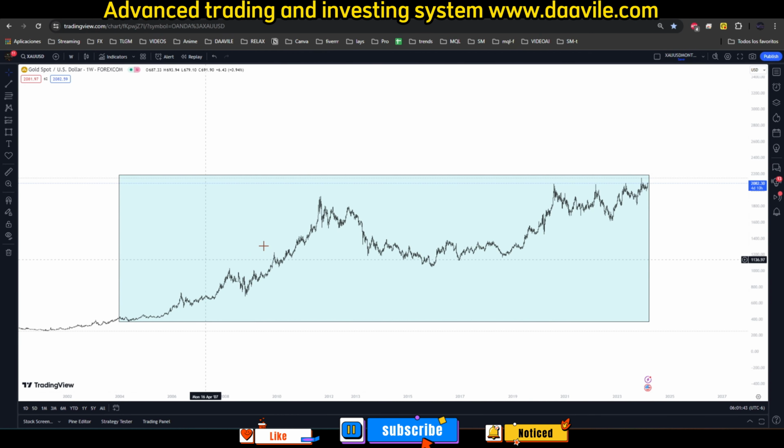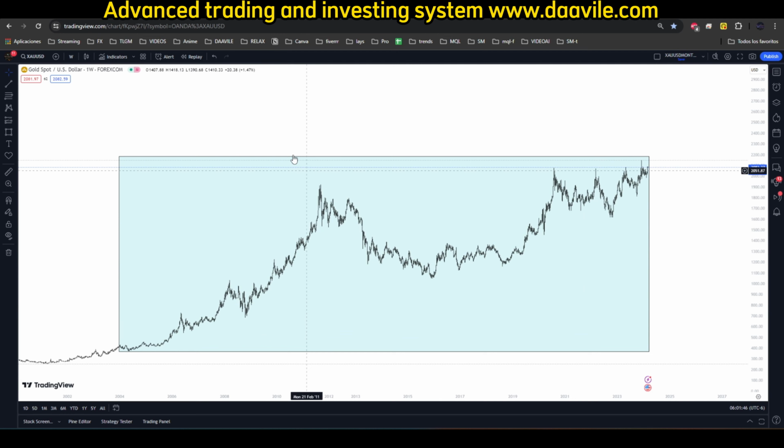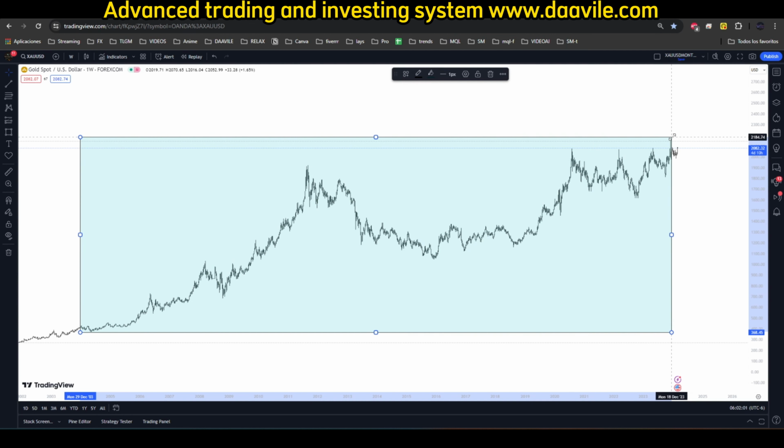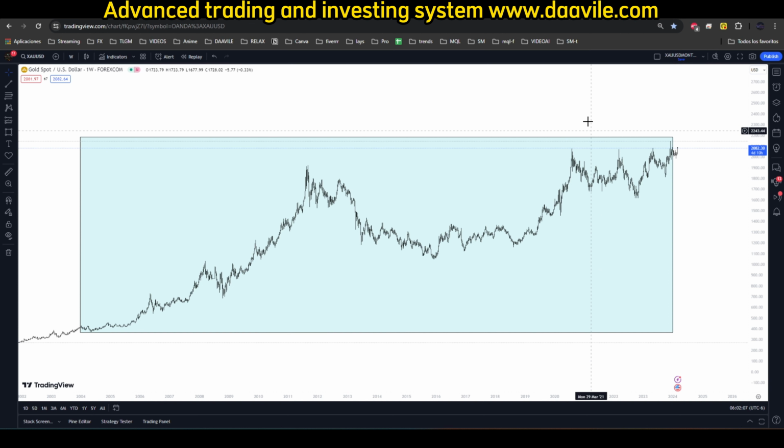I'm in the weekly time frame, meaning every candle is 1 week. So this goes from 2004 to year to date, pretty much March 2024. But I only backtested until here, the beginning of 2024. So this is pretty much it. Let me also mark the range that I have traded live. So I have a little bit of